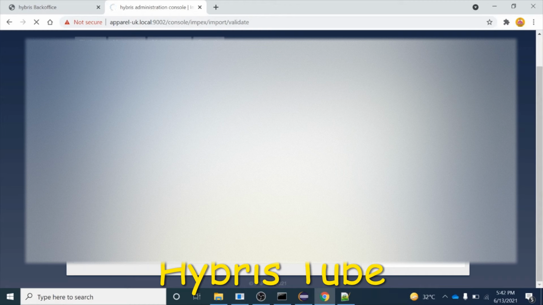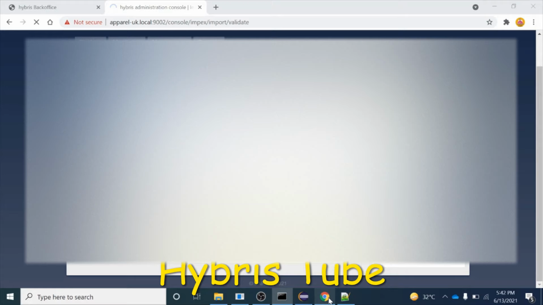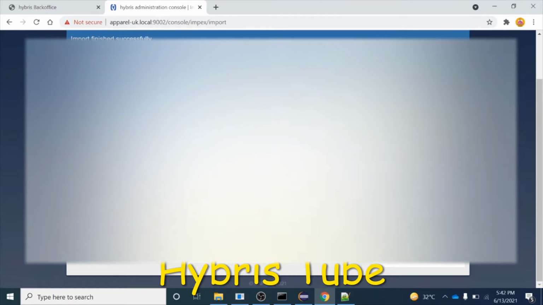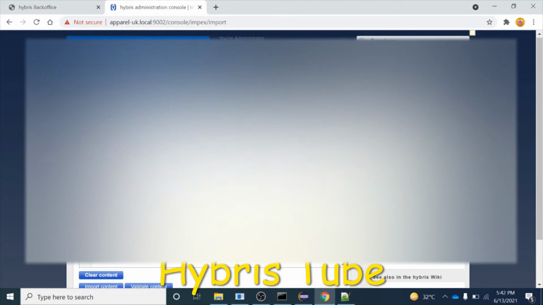Once I click on import content, it will insert this data into the training product item type. You can see in the backend we have already received the message that the import is successful. This message will be displayed in the console as well in some time. So let's wait for that message to appear. You can see the import has finished successfully. We can cross-check as well.